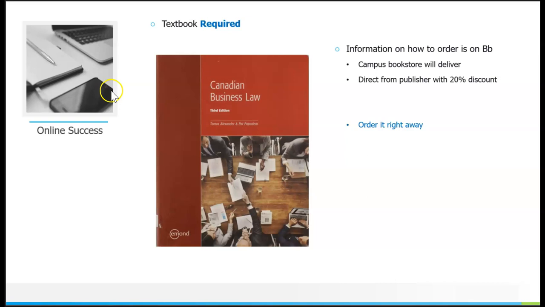If you can find it used, and in times of COVID, nonetheless be able to acquire that in some way, that's fine. But either way, you're going to have to acquire it. On Blackboard, in course information, is the information for how to do that. And you have 2 options. One is through the campus bookstore, if it's a hard copy print version that you want, or also through the publisher. And in fact, the publisher, if you order this week before June 4th, there's 20% off the hard copy